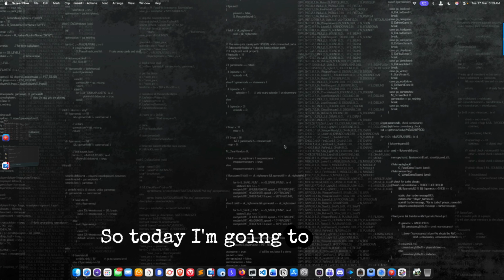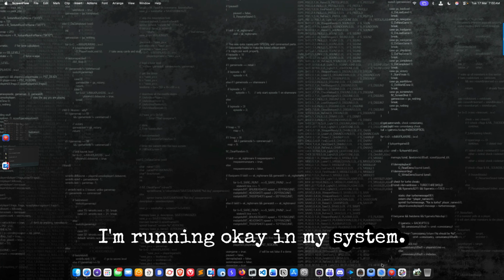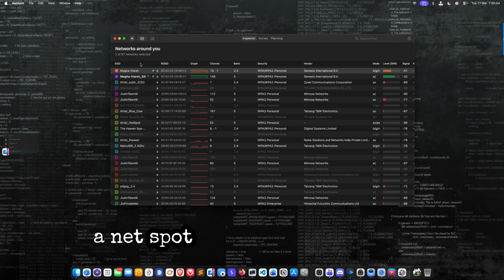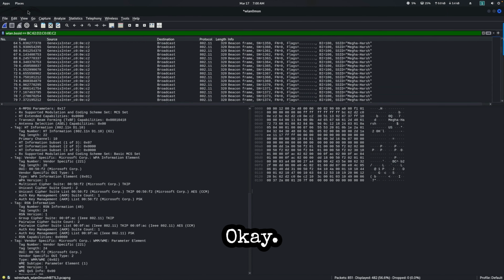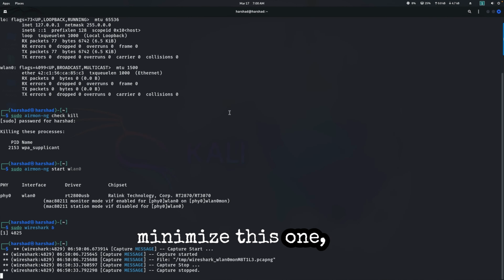So today I'm going to show you how to perform live sniffing and how to intercept remote traffic. You can see a lot of software running on my system. I'm using NetSpot, where I'm monitoring every wireless network, and here you can see I'm using an Alpha card. If I minimize this one, you can see clearly